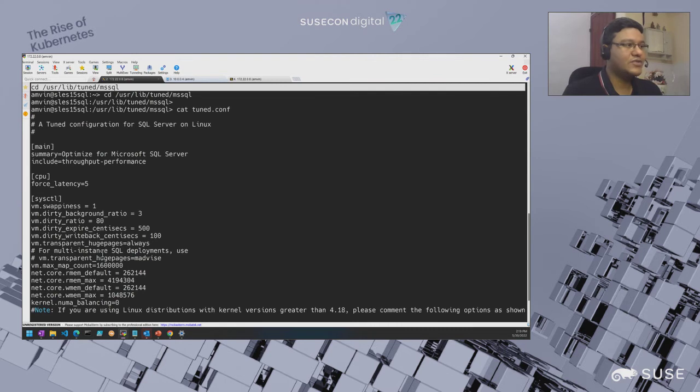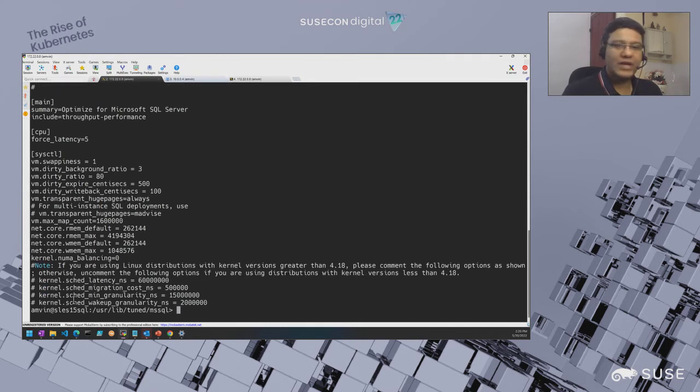So what you need to do is you need to set up some specific parameters at the system level, at the CPU level. And if you see, we are also including the throughput performance overall tuned configuration. So with this setting, you can get started. And when you have the setting enabled, you should get an optimal performance for SQL Server on those environments.